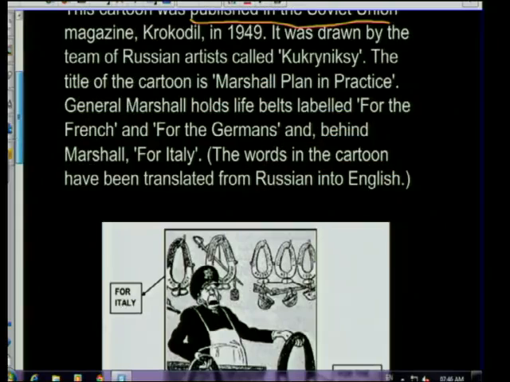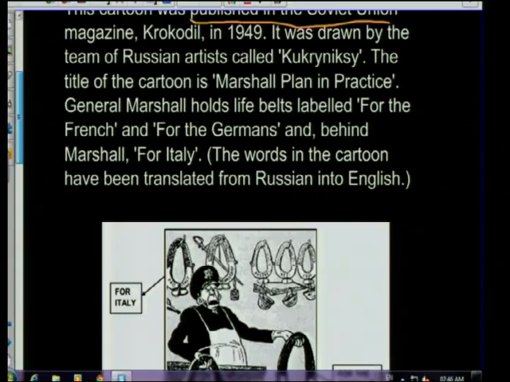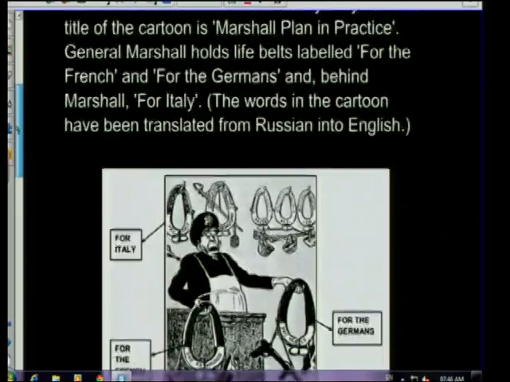Remember, when you're analyzing a cartoon, it's very important to note that a cartoon is not like a photograph. Every little detail in the cartoon is there for a reason. The cartoonist has made a decision to include all those elements because they help in conveying a particular message that the cartoonist wants to convey. So in this case, the caption is giving you clues to those elements that have been used in the cartoon. It tells you that General Marshall